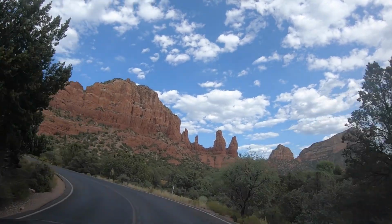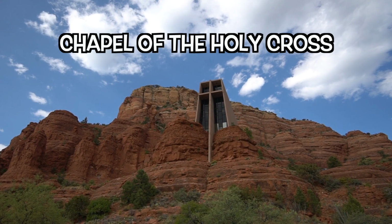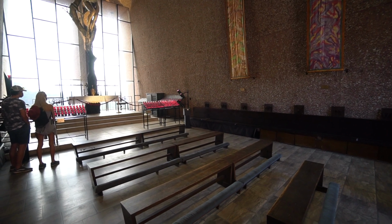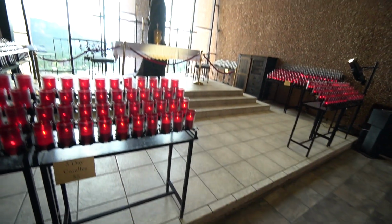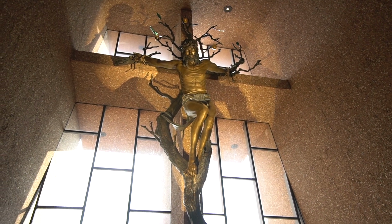Now off to the Chapel of the Holy Cross. The chapel was inspired and commissioned by a local rancher and sculptor who had been inspired in 1932 by the newly constructed Empire State Building to build